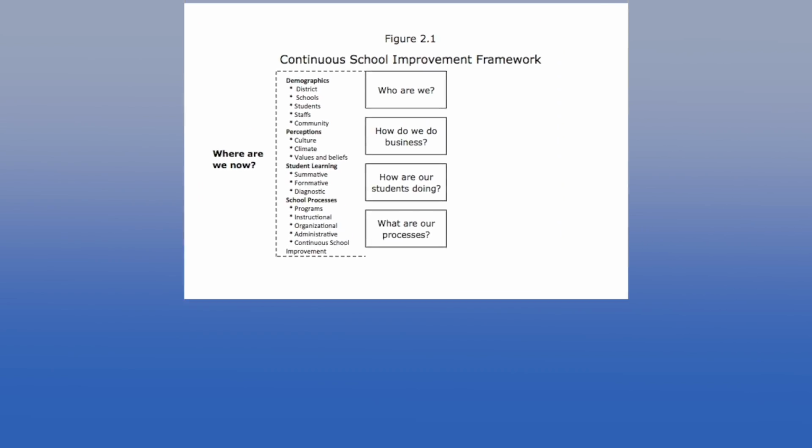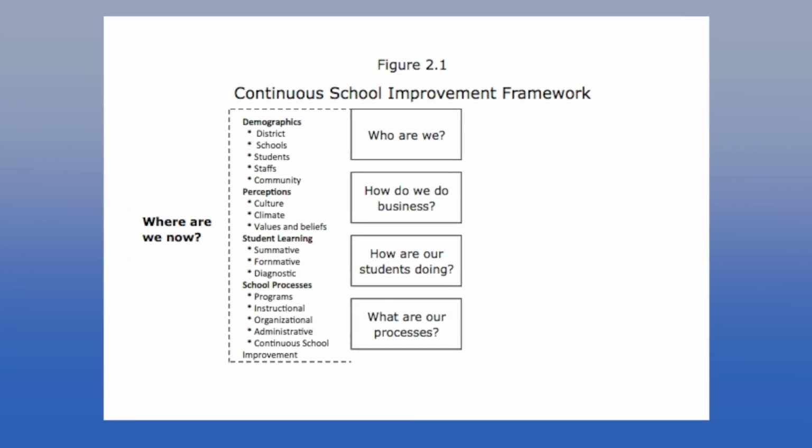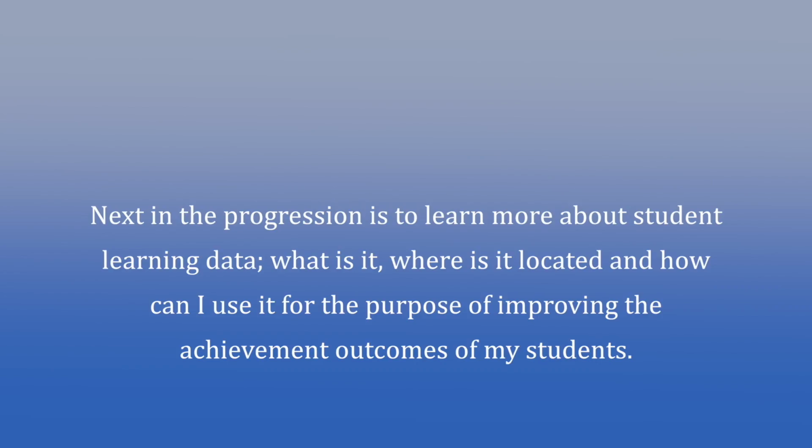Thus far, in chapters 3 and 4 of the Bernhardt text, we've explored 2 of the 4 "Where are we now?" questions found in the continuous school improvement framework that are the focus of EDU 599, namely, demographic data and perceptions data. Next in the progression is to learn more about student learning data. What is it, where is it located, and how can I use it for the purpose of improving the achievement